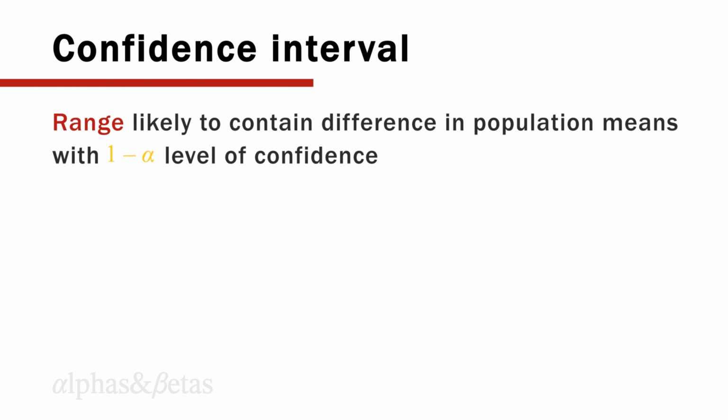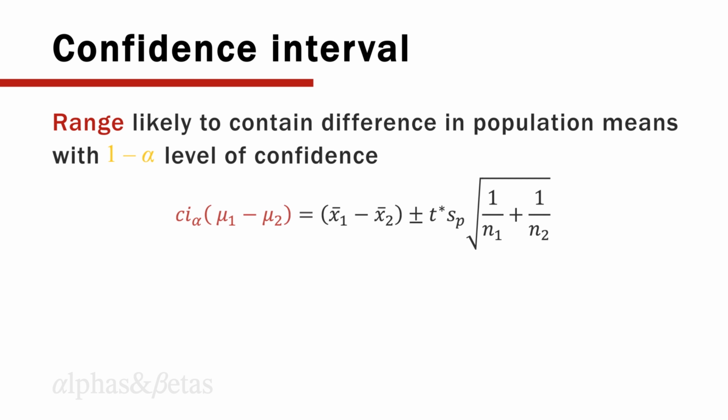A confidence interval is the range of values that is likely to contain a parameter with a certain level of confidence. This is the formula for the 1 minus alpha confidence interval for the difference in population means, mu1 minus mu2. Where for samples 1 and 2, x bar 1 minus x bar 2 is the difference in sample means,